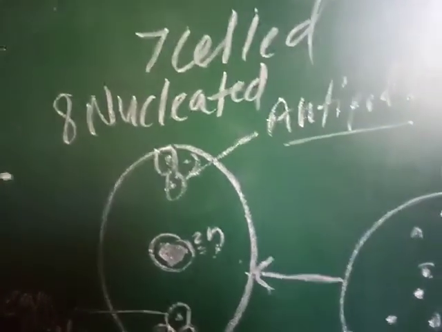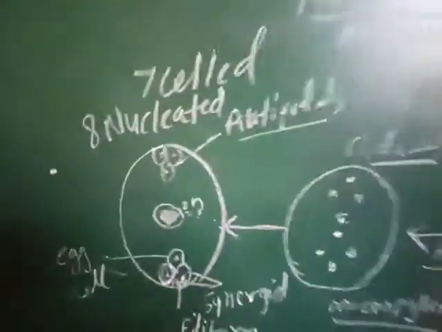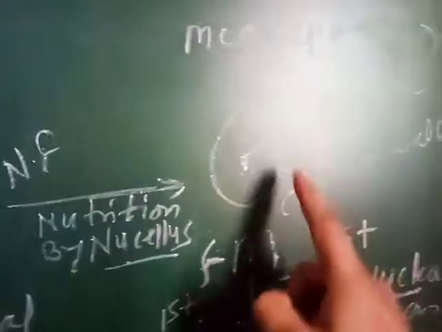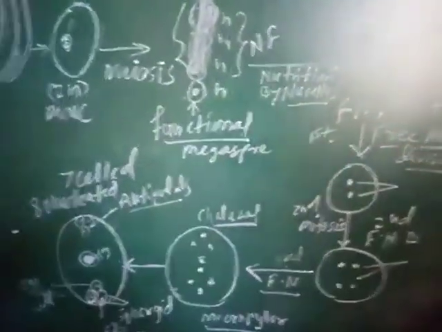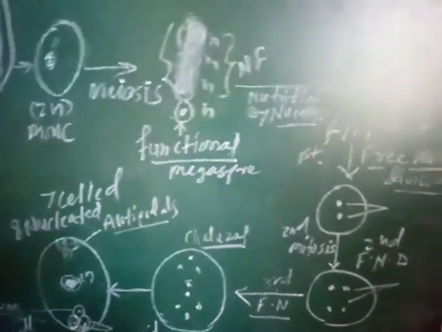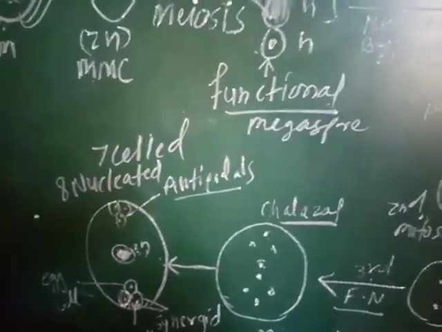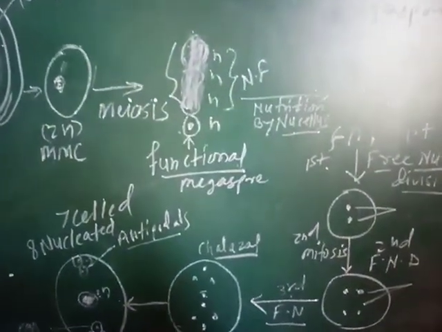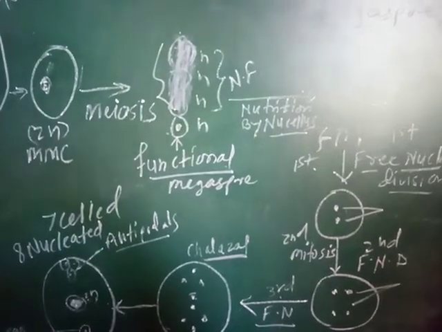After fertilization, this diploid secondary nucleus fuses with one of the male gametes and forms the triploid endosperm. This embryo sac is developed inside the ovule from a single functional megaspore, and so this development is called monosporic development. In some angiosperms it may be bisporic, that is from 2 megaspores, but mostly monosporic development is common. This diagram is helpful for the description of megasporogenesis, and it will come for 5 marks. Thank you.